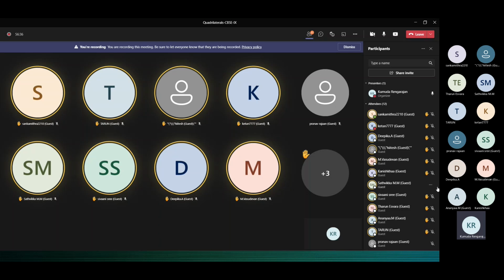Vasudevan did not text me, I had asked him to do that, but he did not bother to. I told you, I don't remember the reason, but I did tell you. Whether we are friendly or not in the class, we have to be friendly, because we have a relation. Vasudevan, all right. Sangamitra, Arav, Deepika, Hitesh, Vasudevan, Kanishka, Satvika, Shivani, Tarun, Ishwaran, Ananya, Tarun, Pranav. Others are still enjoying Diwali.